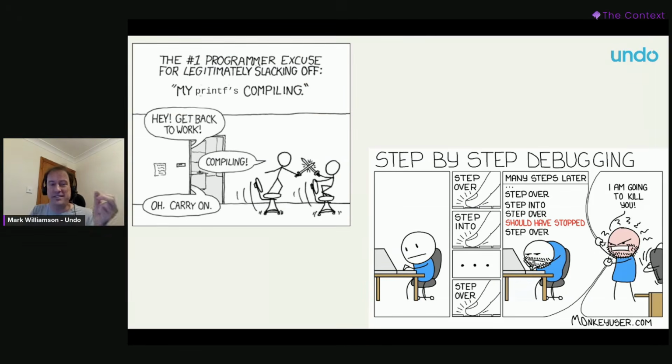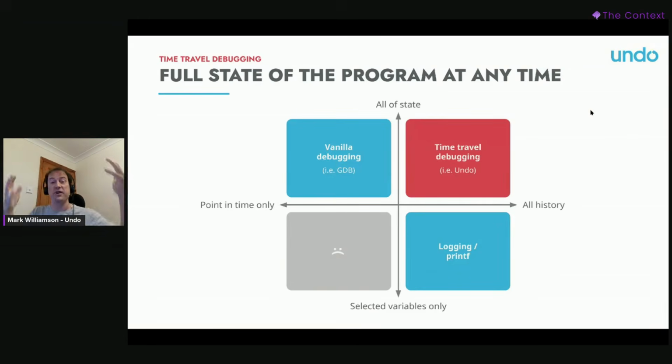The downside is this delay. You have to keep going back and adding more logs when you realize that you didn't have the thing you needed. In fact, I would generally say that if you knew exactly what logging you needed to put in your program in order to diagnose a bug, you would not have written the bug in the first place. So there's a fundamental trade-off here. Both of these are not ideal. What we do with time travel debugging is try and get you both.